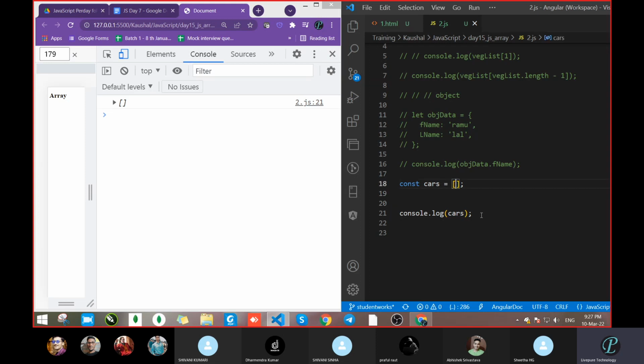So how to pass data? Inside this. So here we will pass strings inside. See, this is cars, so give the car name. What is the car name? BMW.